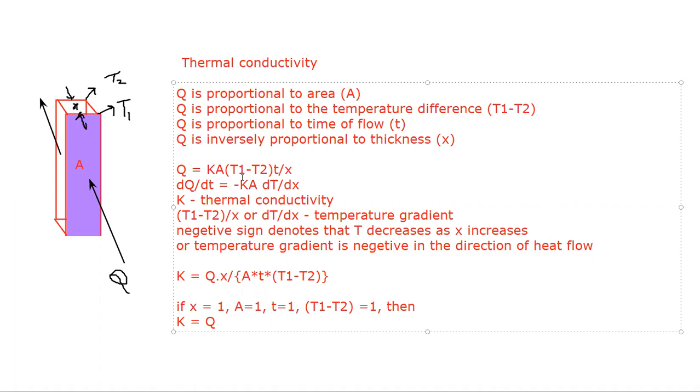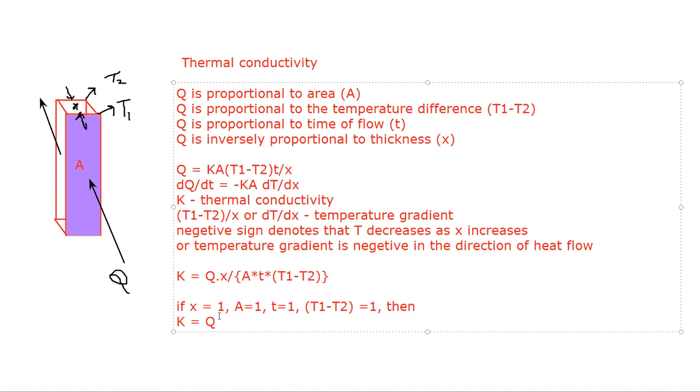Now from this expression we can write K is equal to Q into x divided by A into (T1 minus T2) into t. Now if A is equal to 1, x is equal to 1, small t is equal to 1 and T1 minus T2 is equal to 1, then we can write K is equal to Q. From this we come to the quantitative or numerical definition of thermal conductivity, and it says that the thermal conductivity of a material or substance is numerically equal to the quantity of heat that conducts in 1 second